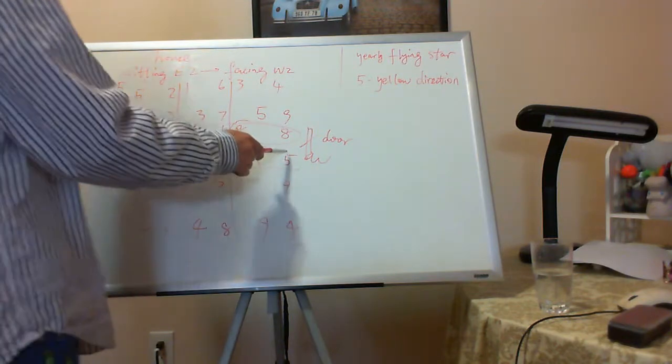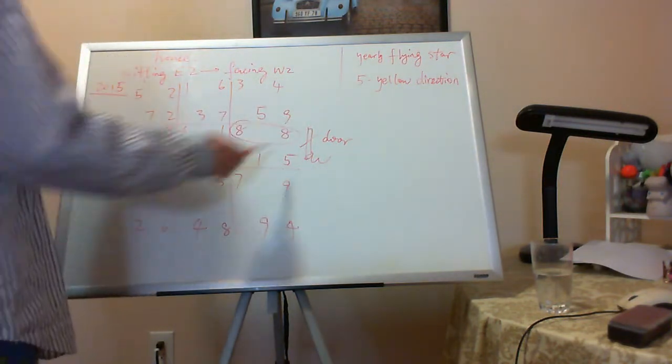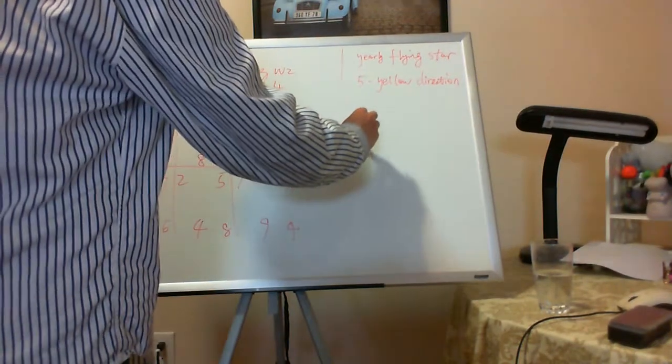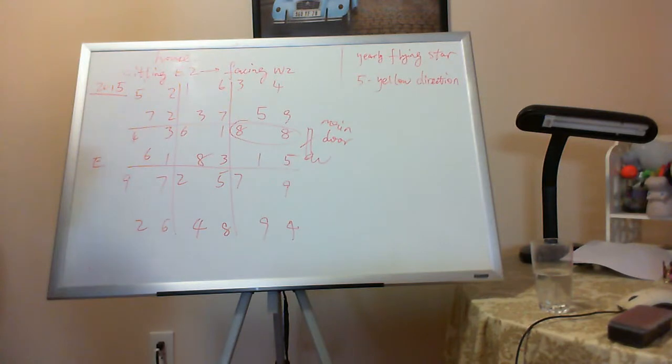So it's in the direction of where the main door is located. Okay, this is not so good because the 5 is associated with misfortunes, all kinds of misfortunes,